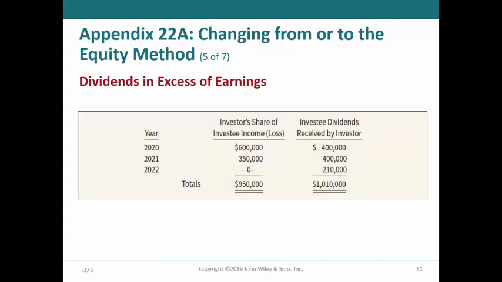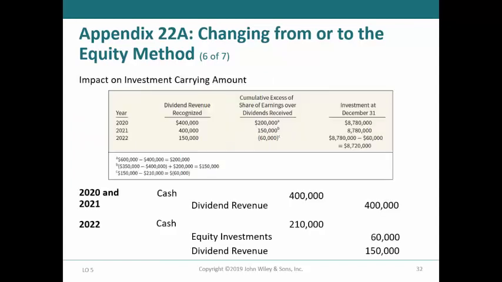This slide shows the investor's percentage of the investee's income for 2020 through 2022. We will use this information to determine the liquidating dividends that will need to be credited to the investment account rather than to dividend income. The slide above shows at the top the dividend revenue recognized. The calculation of the cumulative excess of share of earnings over dividends received and the investment balance at December 31st,